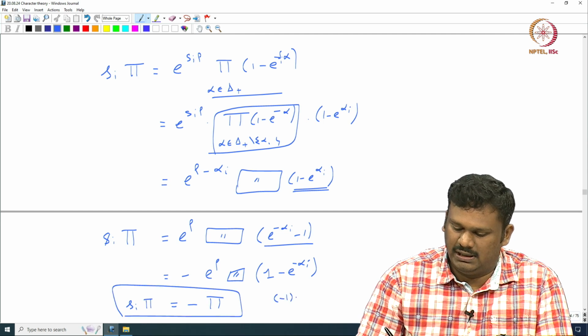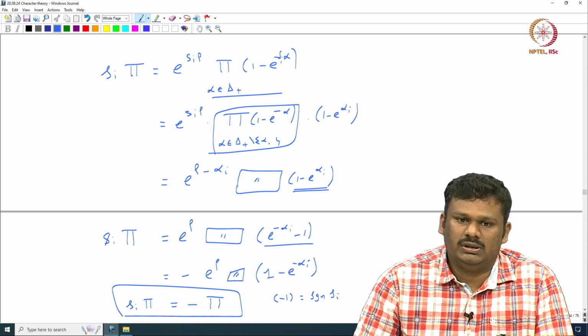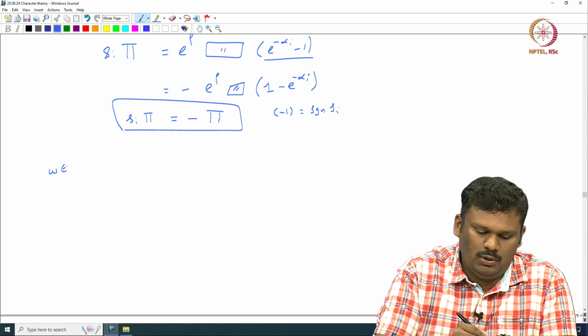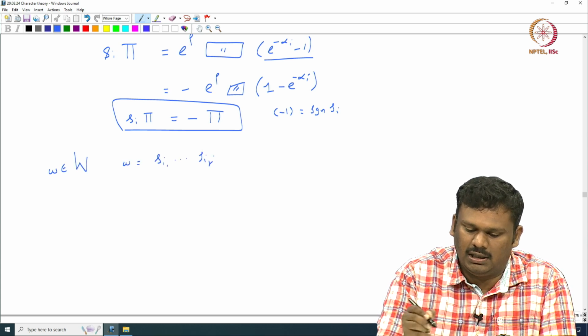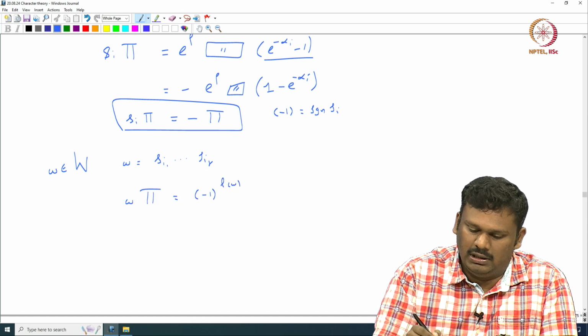So, minus is nothing but the sign of Si. So, this is what you are getting by applying Si. Now, if I take any W in the Weyl group, then W can be written as some Si1 etc. SIR. So, that implies that W pi is exactly minus 1 power length of W pi, which is same as